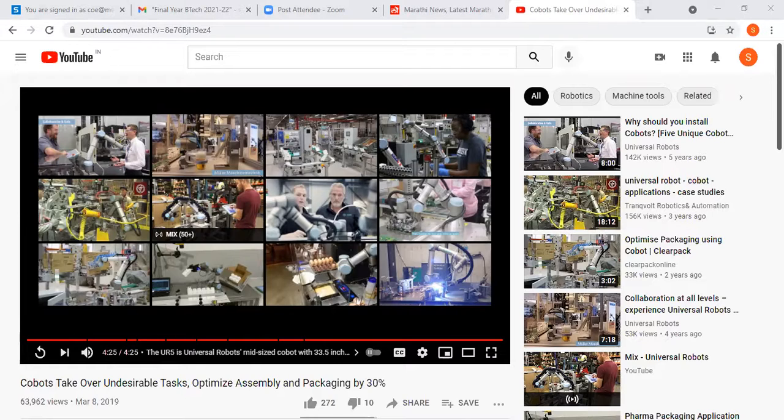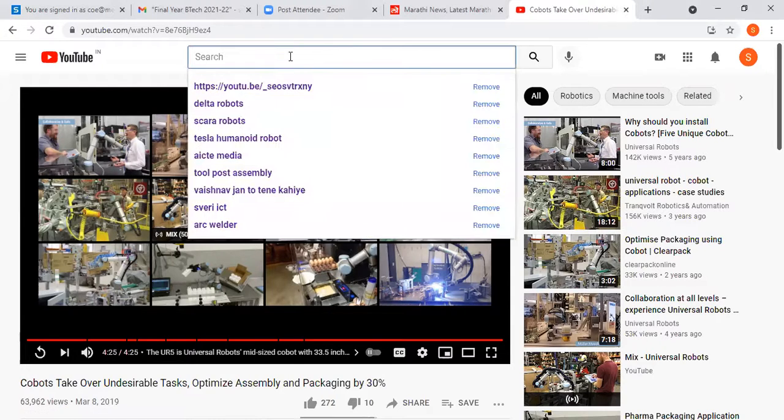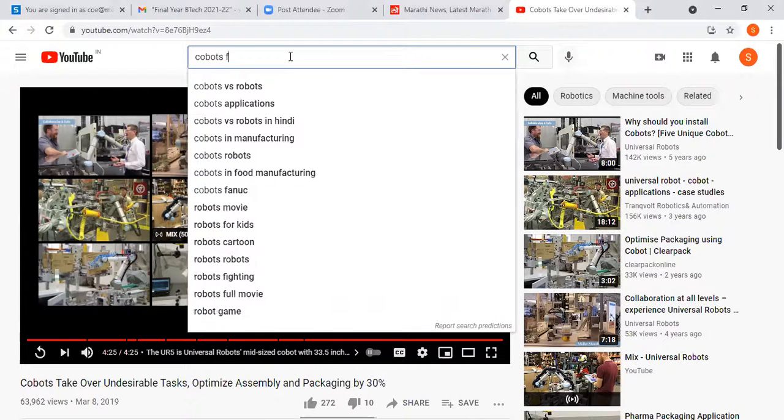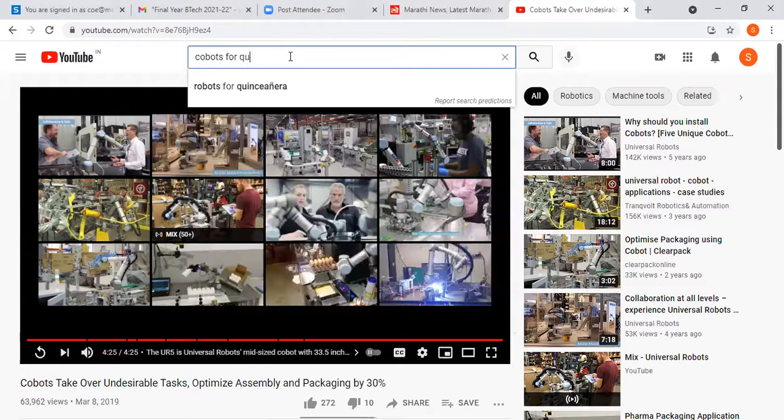Another, if applications are there, I will check. Assembly, dispensing, finishing, material removal. We will see cobots. Cobots for quality inspection.